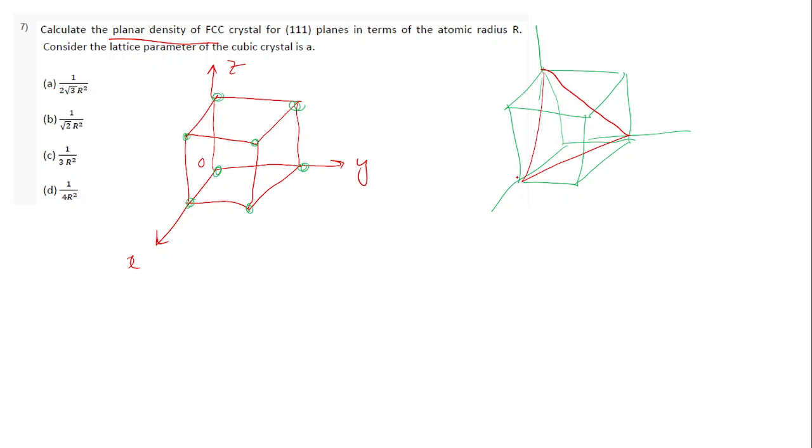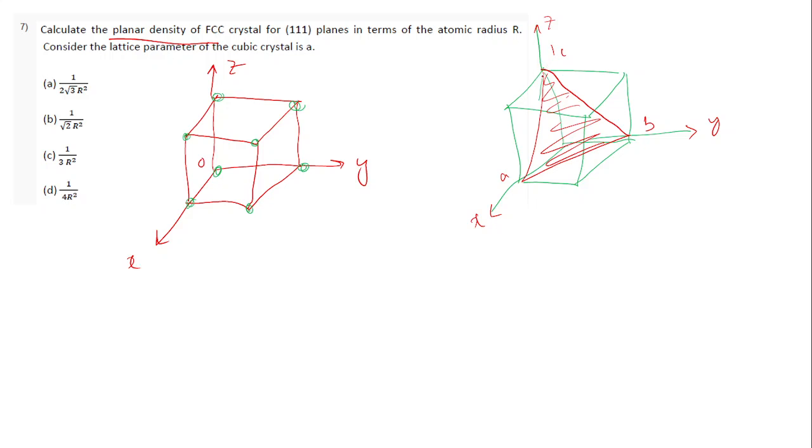Okay, it's intercepting x-axis at A, y-axis at B, 1B, 1A and 1C. So this red thing is our 111 plane, and this is how it looks. So here if I'll draw, it will be like this. So we understood this is the plane. We need to find out how many atoms are there on this. Now here we understood this is our plane, and also